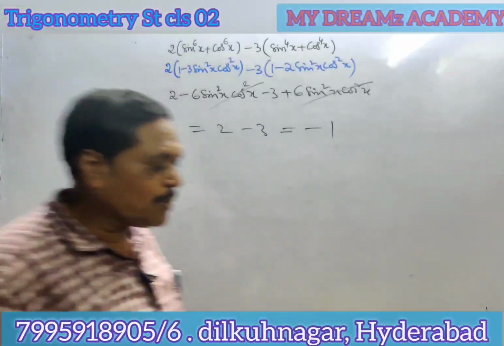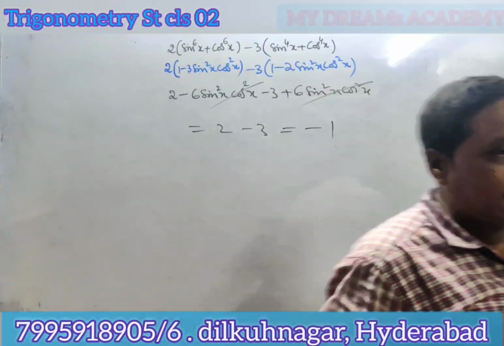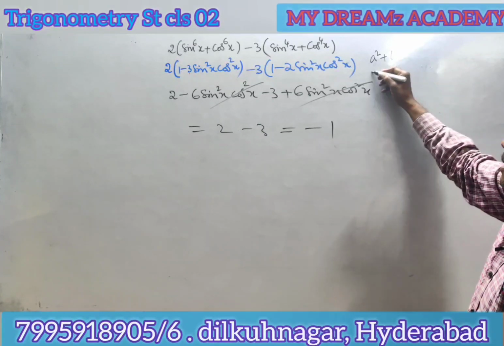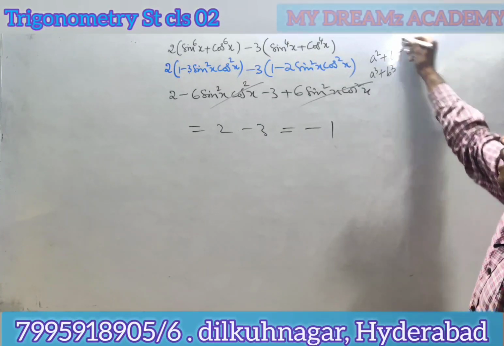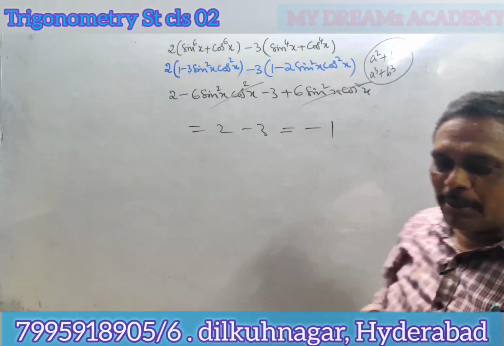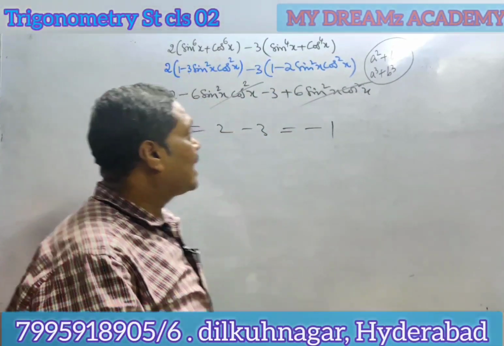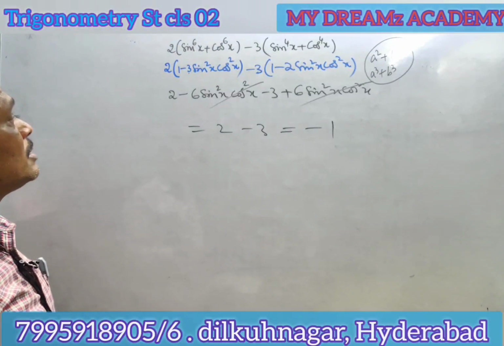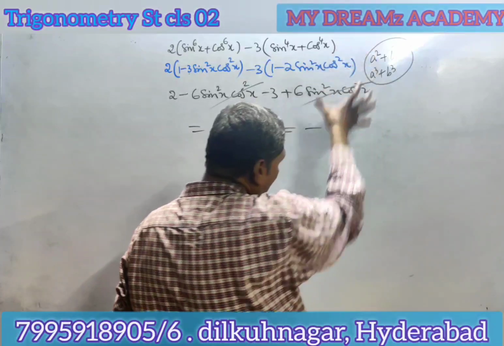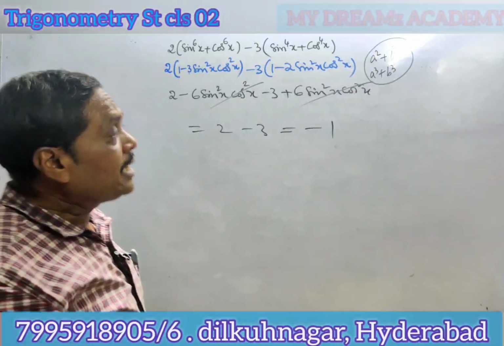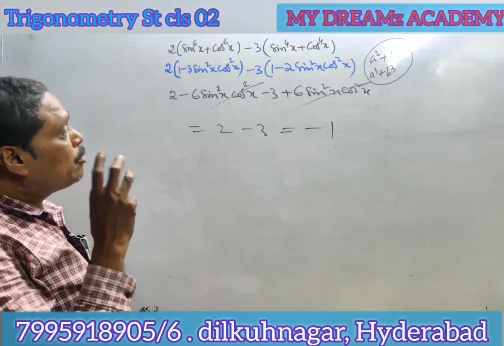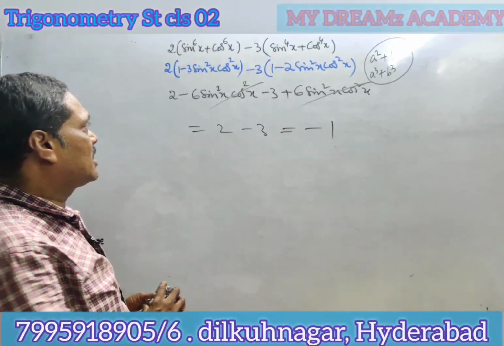By using this method, you have to remember the a square plus b square formula and a cube plus b cube formula, and the simplifications and substituting in the problem. It is complicated, it is lengthy. In the exam, if this problem is given, and suppose one more term is there, so 3 terms, you have to do separately, so it will be lengthy. And the important thing is you will make some mistakes in the simplifications.